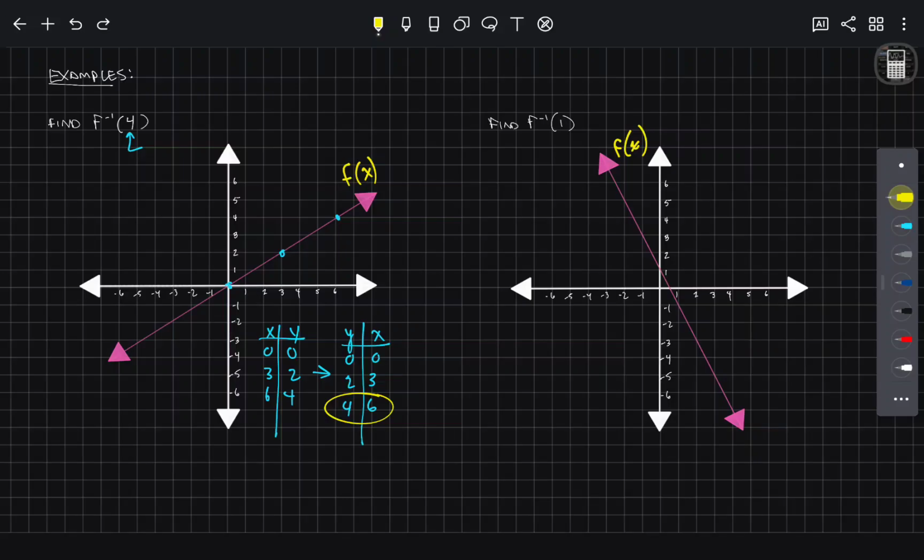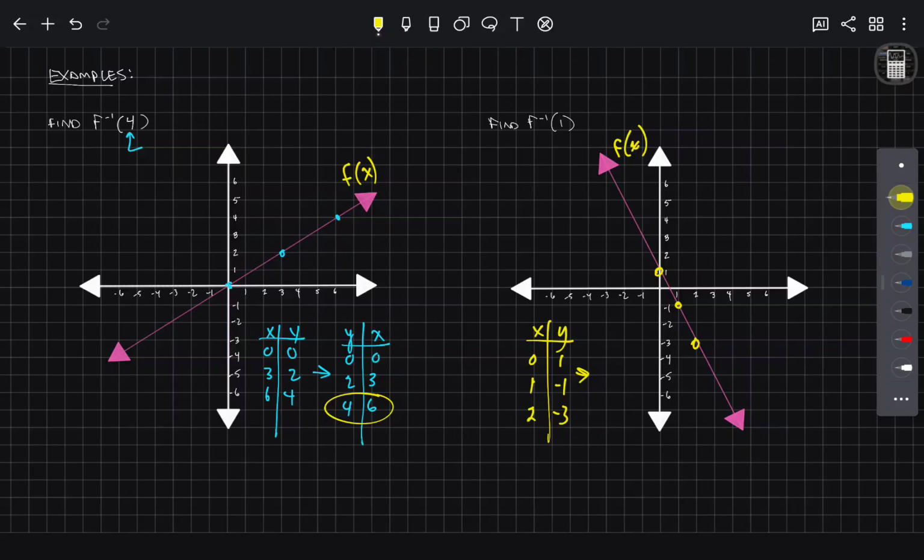Let's go ahead and take a look at the second example. I'm going to choose a couple points that I see are obvious. I'm going to make a table. So x, y, 0, 1, 1, negative 1, and 2, negative 3. We know that whenever we have a function that is invertible, all we have to do